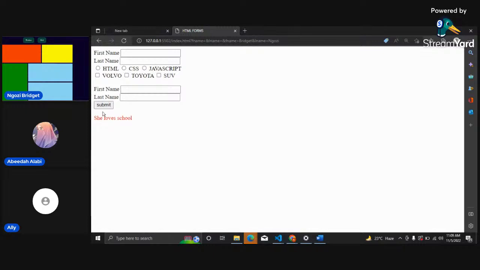So see it, she loves school. You can see that this "she loves school" is red because using my ID, I was able to style it and change the color from black to red. I think that's explanatory. For ID, you use the hash symbol to start it, then the name of the ID that you named already. Then you open a curly bracket,